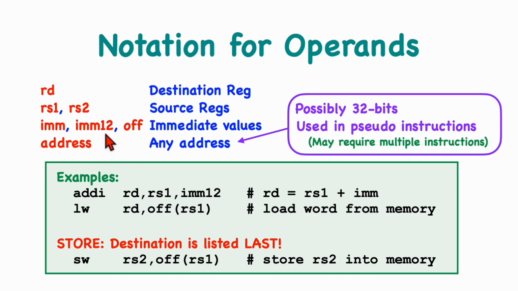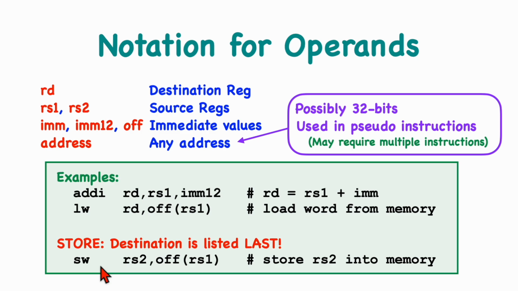Immediate 12 indicates that the immediate value is restricted to 12 bits, and so it has a limited range. So in these examples here, we can see how these instructions would be written, and I've got some comments over here indicating what they do. The parentheses would be included in the instruction, so this is the way you would write load word and store